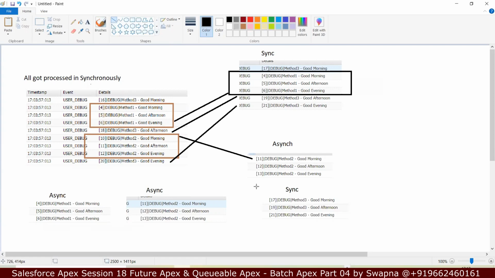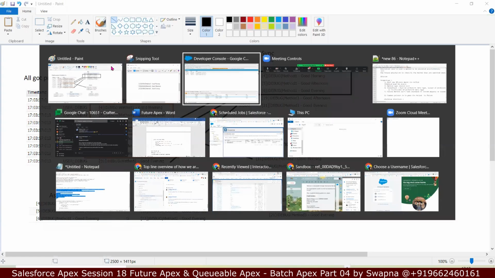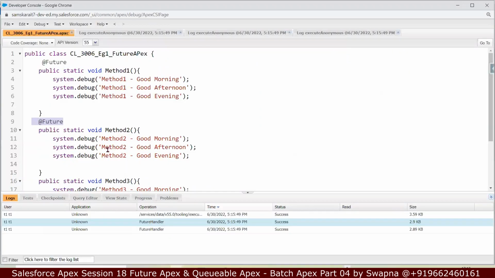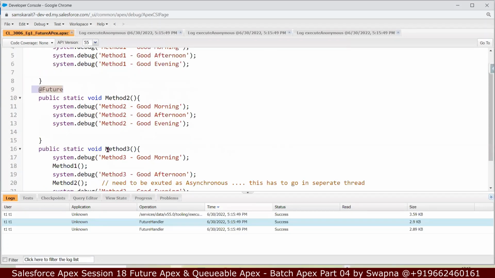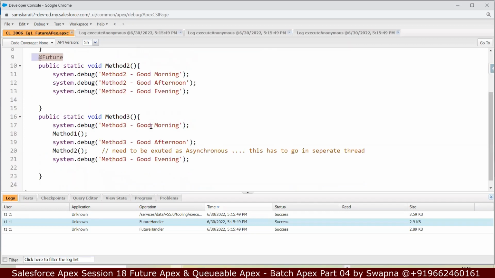No, it doesn't care. Whenever I mention @future here, that means the synchronous process does not care about it. It has to run in parallel in a different thread. Whether it ran or not, the synchronous one need not know that, because if it fails, it will fail in the asynchronous process,